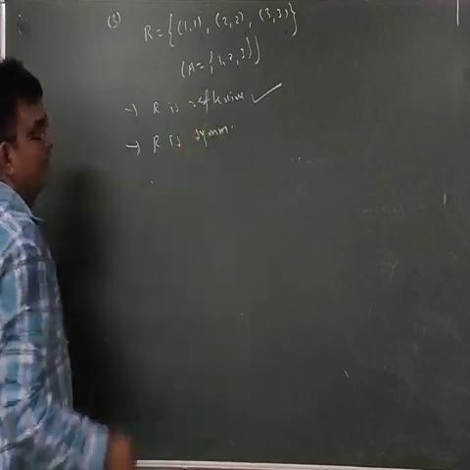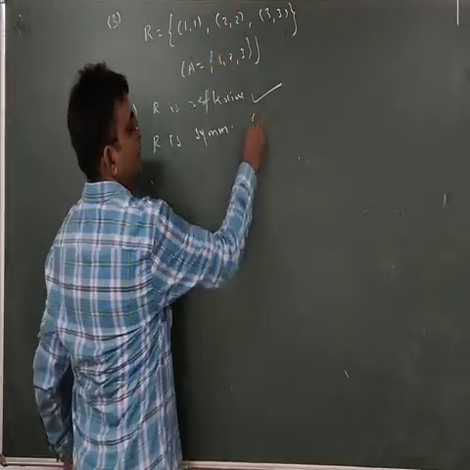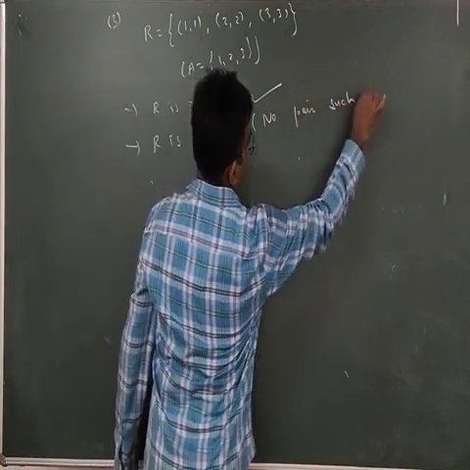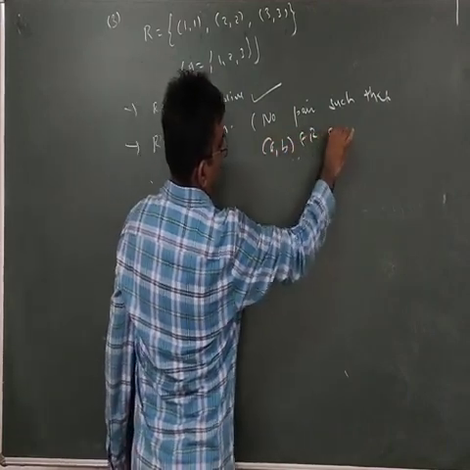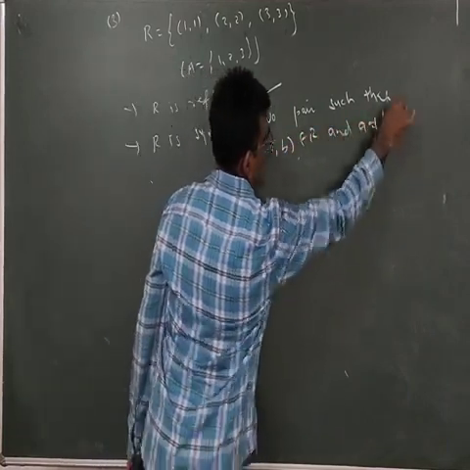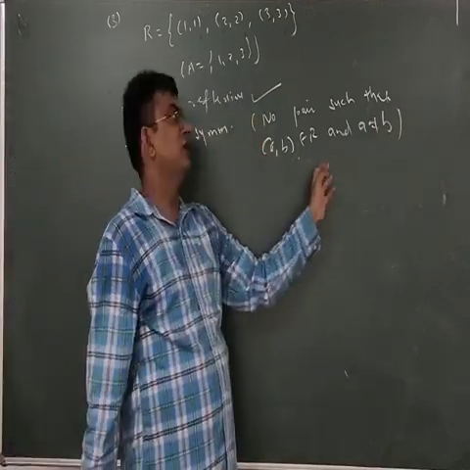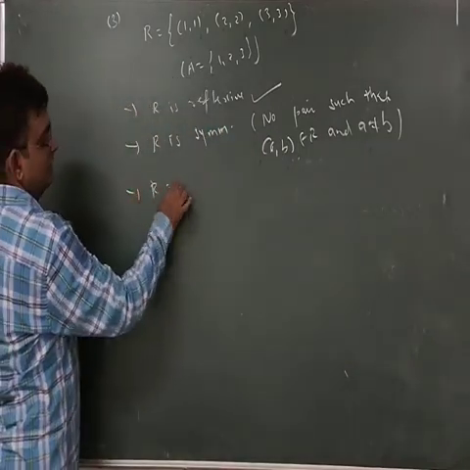R is symmetric. Why? There is no pair such that (a, b) belongs to R and a is not equal to b. We have no such pair for which (a, b) belongs to R with a not equal to b, so automatically it is symmetric. Similarly, R is transitive